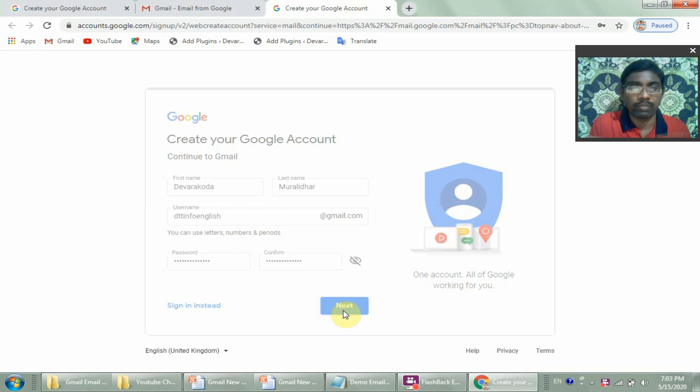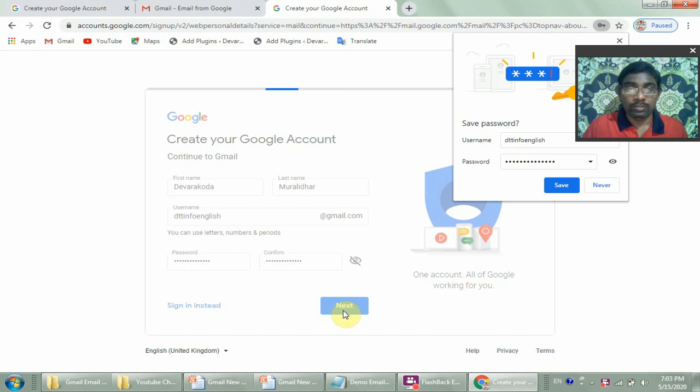Now it is opening the next second page, second screen. I have clicked now. Wait for a few seconds, friends. It is moving to the next page, next screen. There we can see what we have to type.